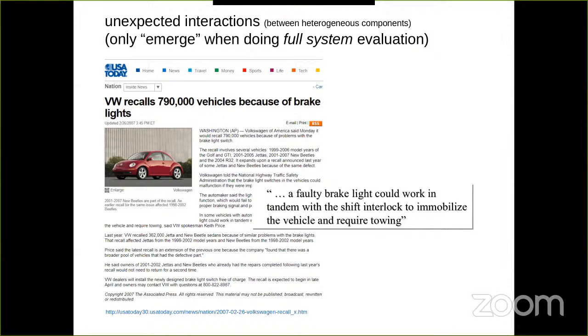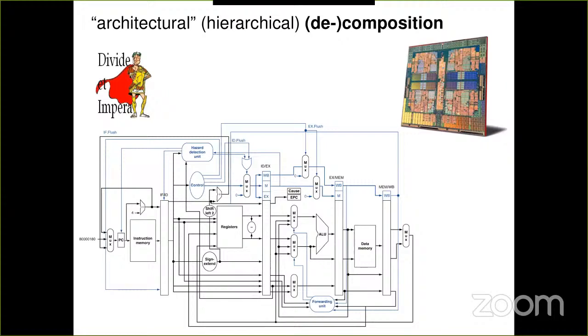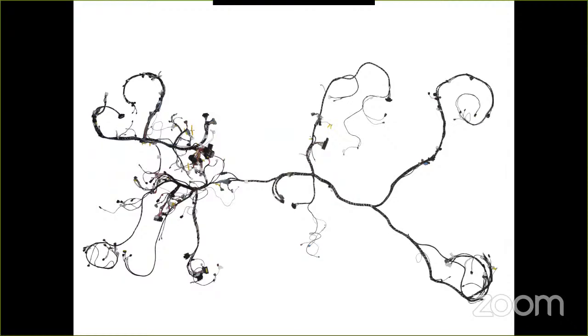And of course, we will only notice this when we study the system in full, because this here is a bit misleading. We could say we're doing so-called compositional reasoning. We know how the memory works. We know how the arithmetic and logic unit works and so forth. And then we put them together and we don't expect unexpected interactions, emergent behavior. Normally, we can keep this in check quite well, but sometimes we have problems due to the fact that